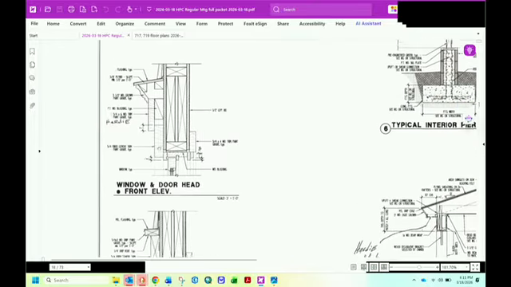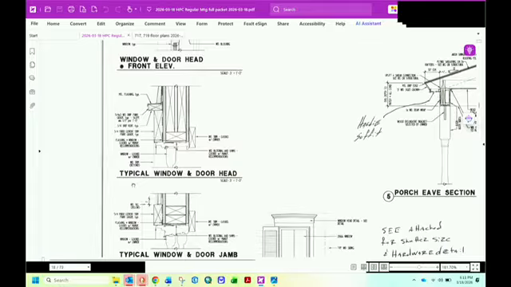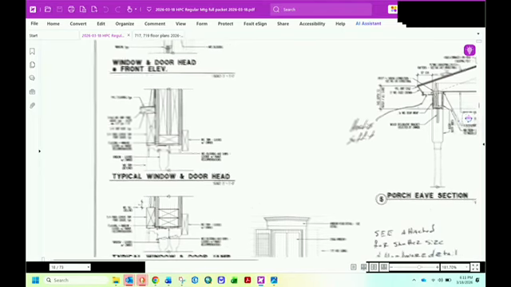I'm sorry, this first one up here was on the front elevation. For the rest of the house, the windows have this smaller hood with some flashing on it with these various pieces. The top one is labeled as wood and the bottom one is fiber cement.